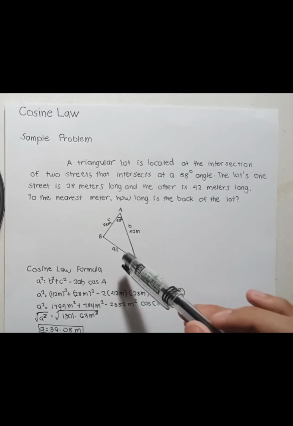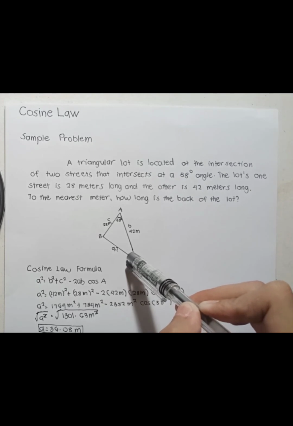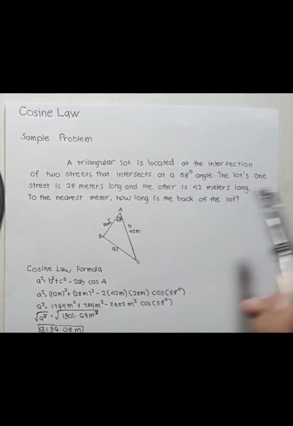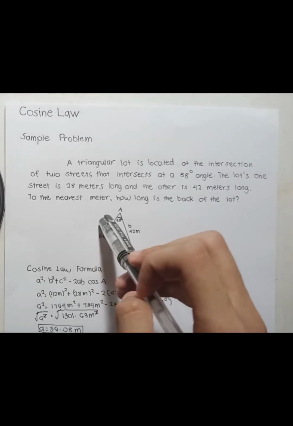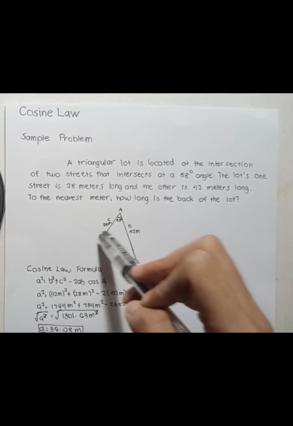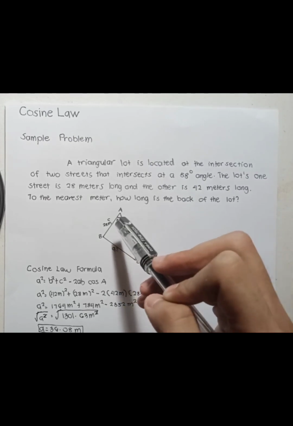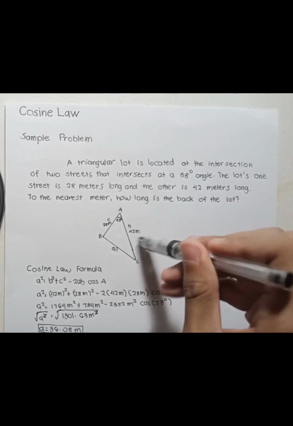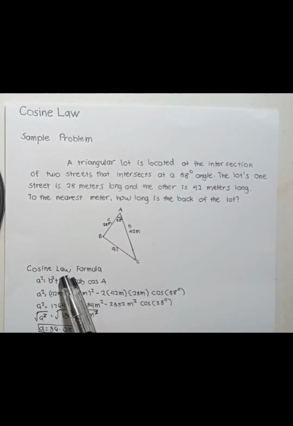So this is the figure that we will use to represent, or paano natin ma-imagine yung problem na to. Okay? So these are A, B, and C. Nandito ang C natin because side by side yung pagkuha natin. Nandito yung B kasi dyan. Okay? So our given for C is 28 meters and for B is 42 meters and our angle is 58 degrees. Okay, so cosine law formula,